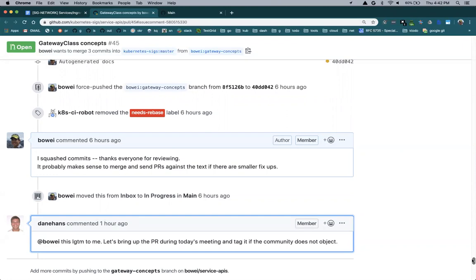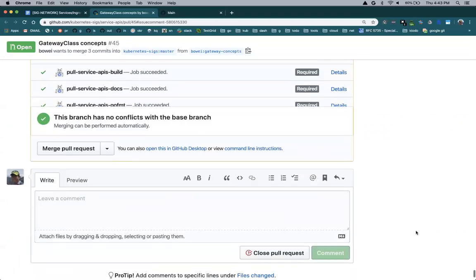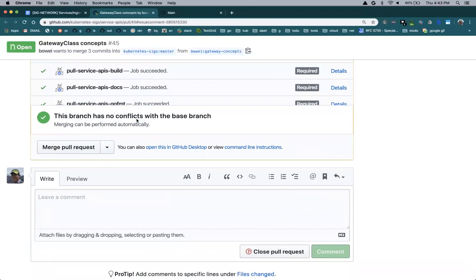So if people are generally okay with what is here, then we can tag it with LGTM and go forward. That's a thumbs up from me. Sounds good. I think is Harry on the call? Yeah, Harry, you had some comments here. Yeah, no, those are resolved. That looks good to me now. Okay, someone can do a drive-by and it will get merged, I think, unless someone merges before me. Please don't do that.